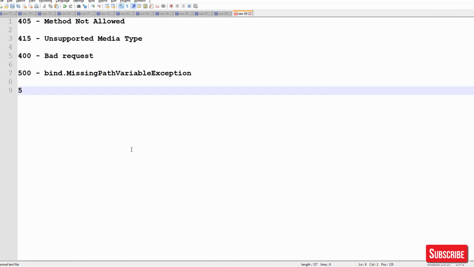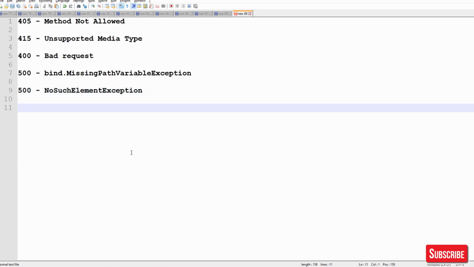Again 500 we have seen, no such element exception. So these are the default behaviors, and by default Spring Boot behaves great. You need not do anything. So these are the exception points. You have to understand the places where an exception can occur, and accordingly put your exception handler there, which anyway you are aware of.